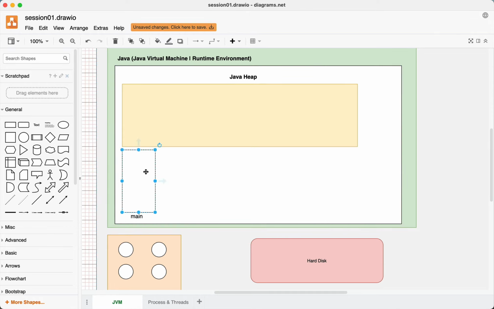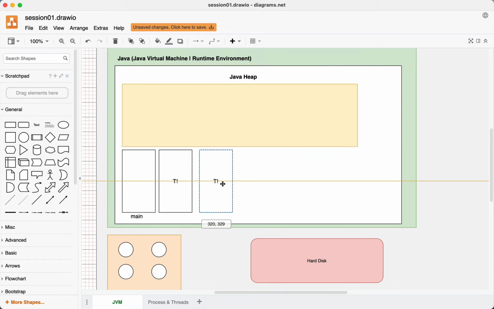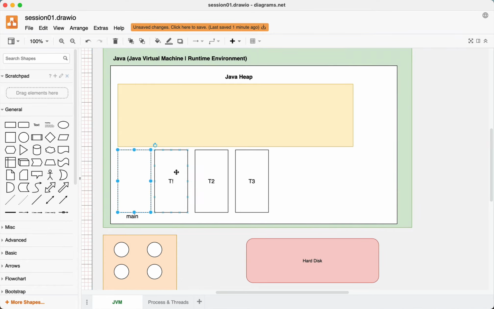And while that thread is running, if I create another thread, do you think that thread will stop the execution of main? No, it will not block. Rather, stop is not the right term. It will not block the execution. Main will keep running. While main is running, another thread, maybe I call it T1, is running. And maybe while T1 is running, I have to execute some piece of code in another thread. So maybe T2 is executing. While T2 is executing, I may have T3 also executing. All of these are what kind of data structures? They are stack objects. I repeat, these are stack objects.